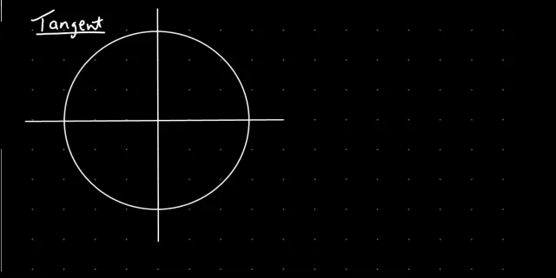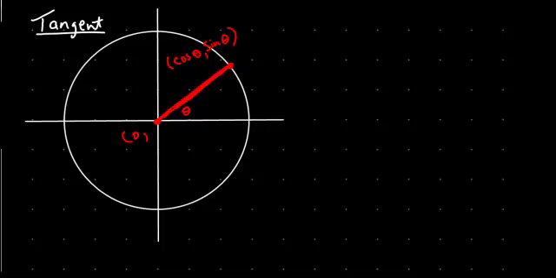Let's say we have some angle here. Let's call it theta. Alright? And we know that that point there is cosine theta, sine theta. Okay? So if I wanted to find the equation of this line here, I know it passes through the point